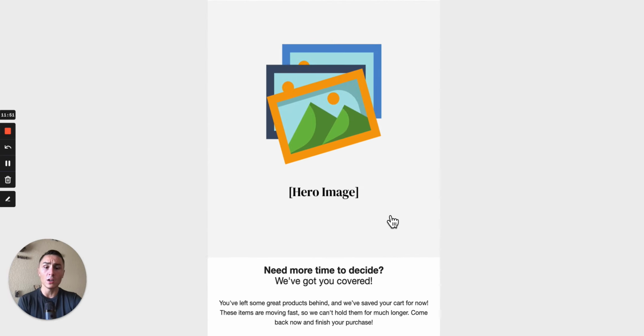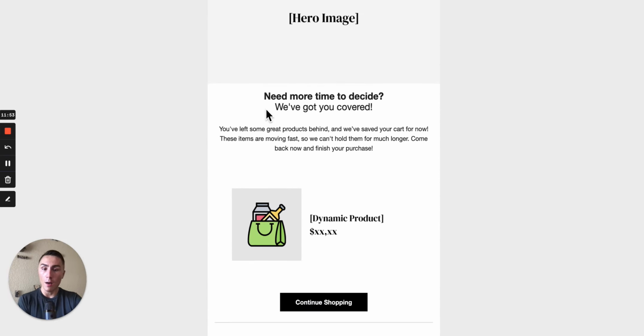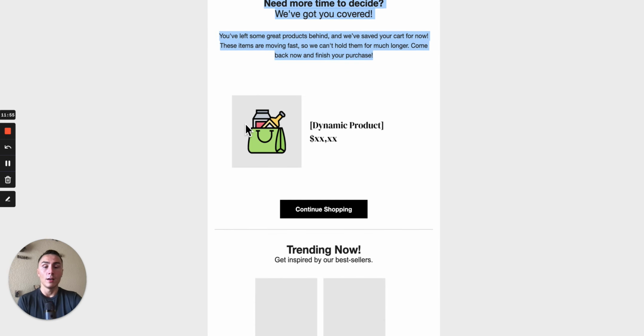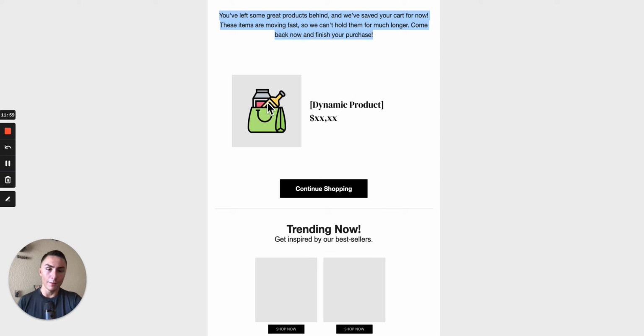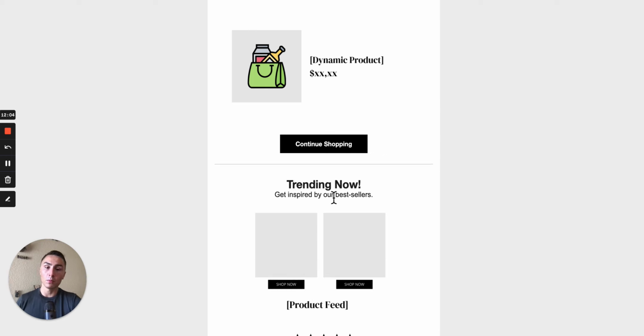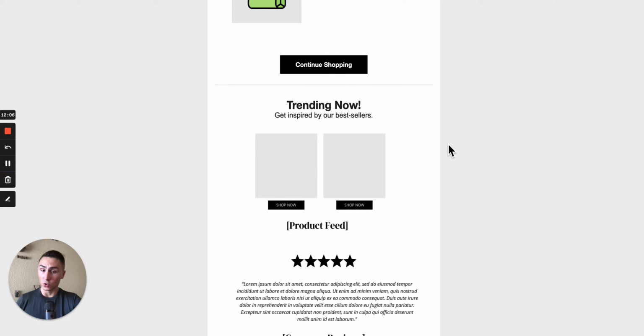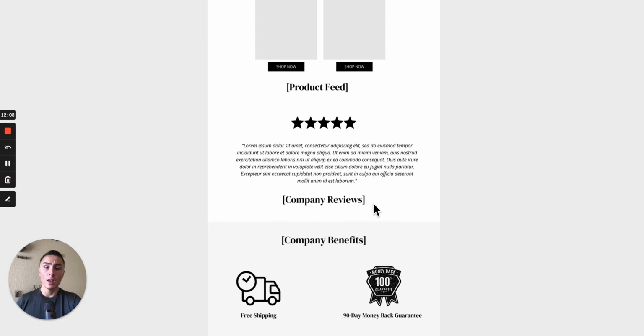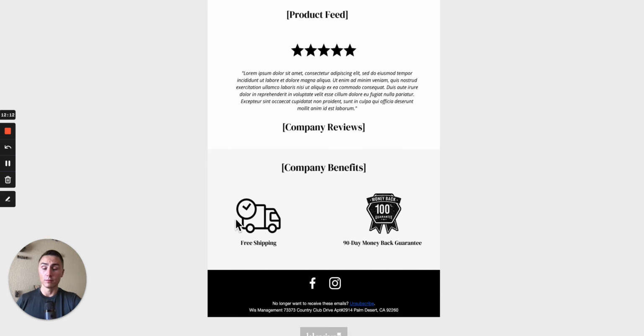So you have a company logo, hero image, copy that needs to be direct, dynamic product blocks. Again, the product they left in a cart. It's not in every flow, but in most of the flows, pre-purchase, you'll see some sort of dynamic product block. You can show trending products. You can show testimonials, company reviews, and company benefits. What is it that you offer? Free shipping, 90-day money-back guarantee, free trial, free